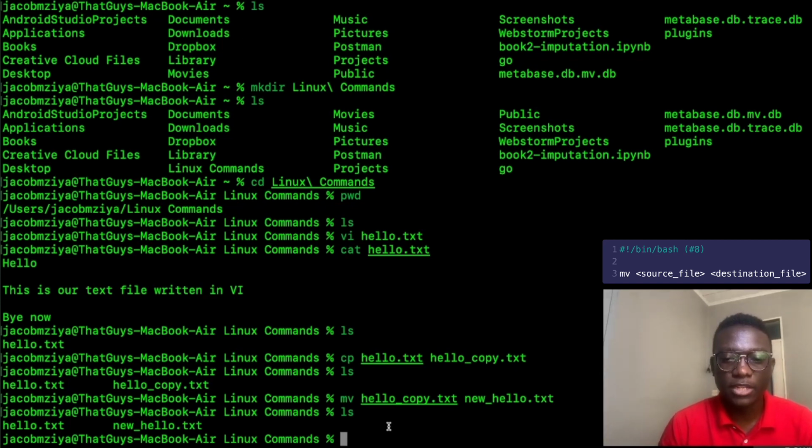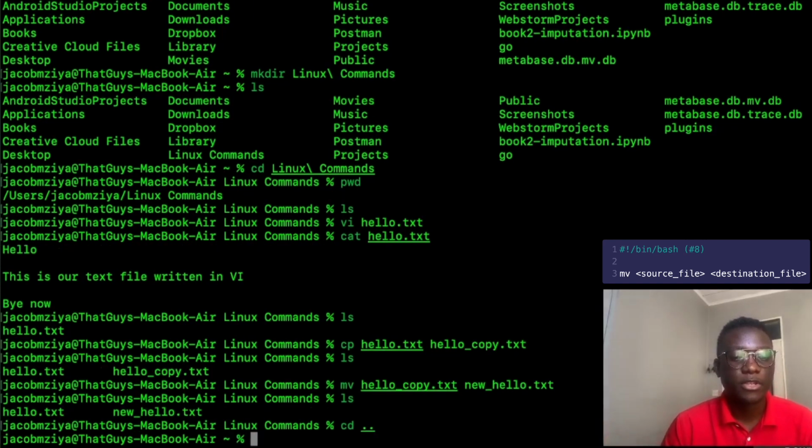We already said that to change directory, we use the command cd. So in this case, we're going to do cd space .. which means that I want to go back to the previous directory, or to the top level directory of the current directory that I'm in. I know maybe this might not make a lot of sense now, but eventually with practice, you